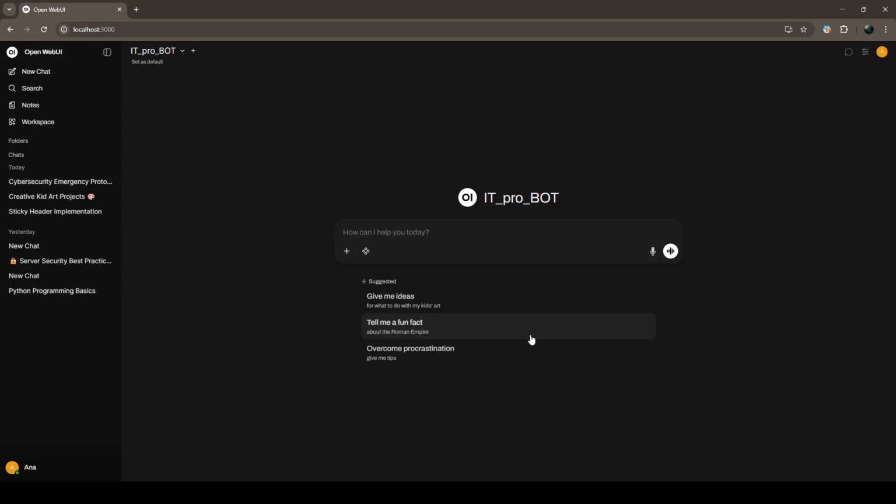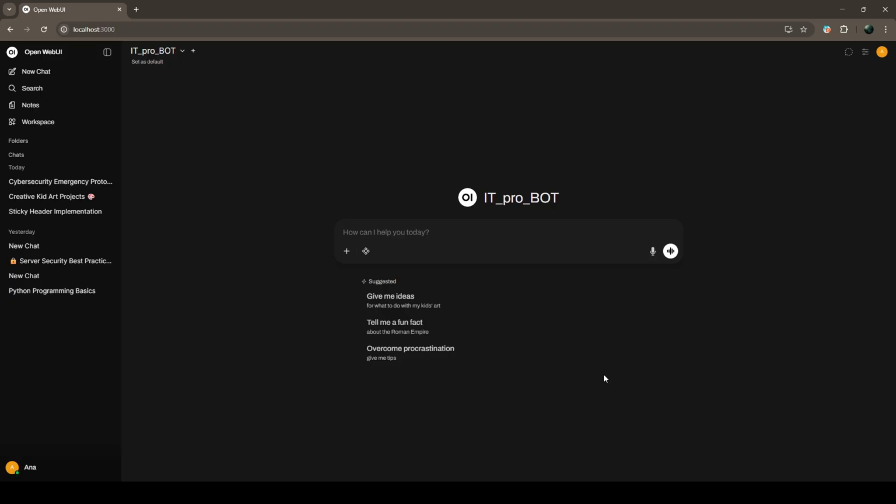Now, forget about simple chatting. We are going to unlock the most powerful feature of this server, RAG, or Retrieval Augmented Generation. Basically, this allows you to give your AI a brain transplant with your own data. Let's say you have a confidential legal contract, a patient's medical record, or a proprietary code manual. You cannot upload these to ChatGPT without risking a data leak. But here,